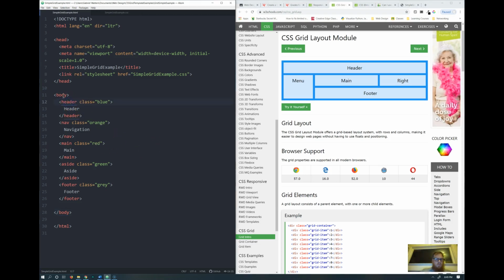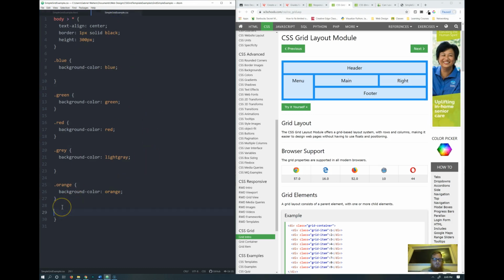Okay, so if I'm looking at how I'm going to build this, my body has direct children for header, navigation, main, aside, and footer. Playing around with that, if I wanted to reconfigure how I am doing my layout for those children elements of body, I'm going to be playing around in CSS. So to start off,